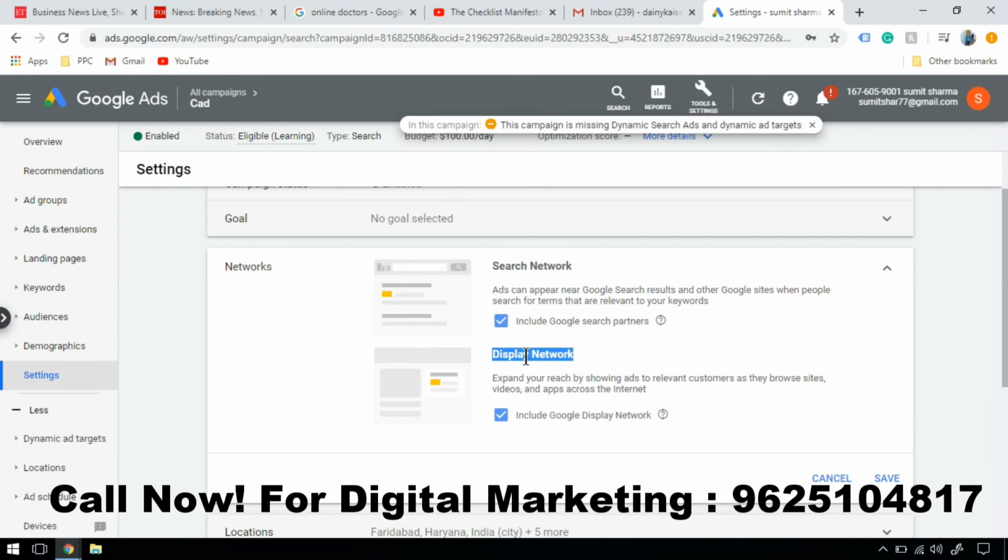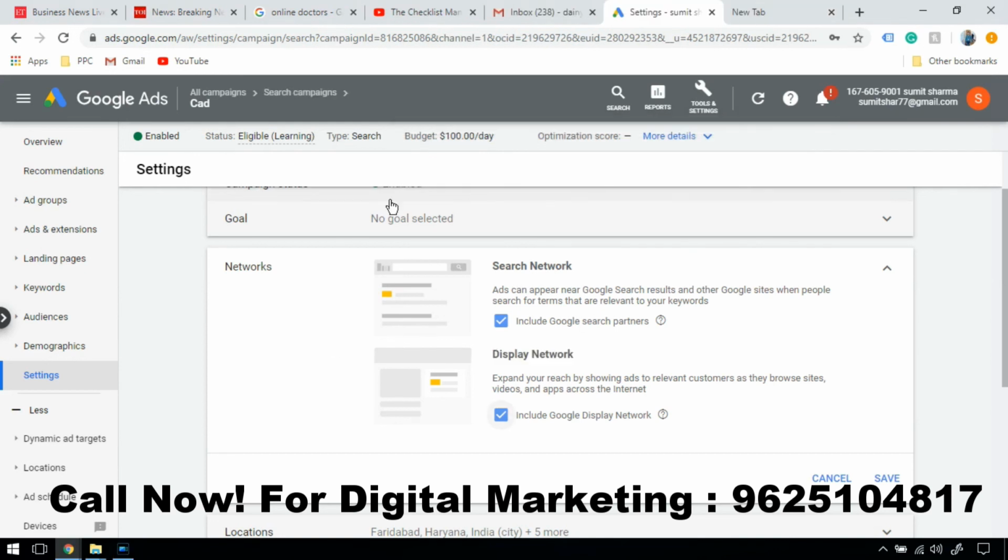The customer can know there is a company or a product available in the market. So you put your ads in front of people before they start searching for what you offer. Hence it is called push marketing, because the marketer pushes customers to buy their products by showing their ads when they are not actively searching. They are browsing other websites, YouTube channels or apps.